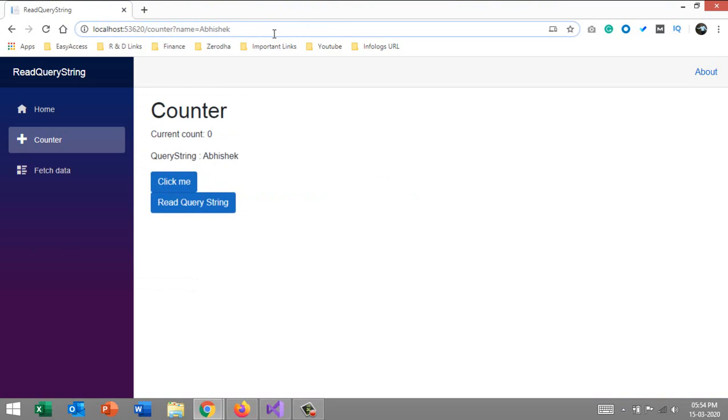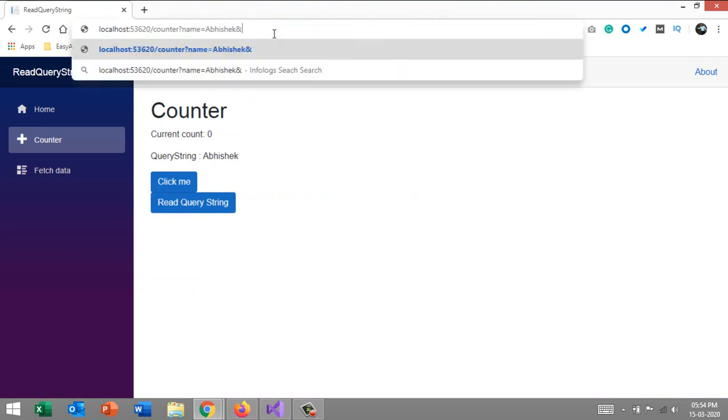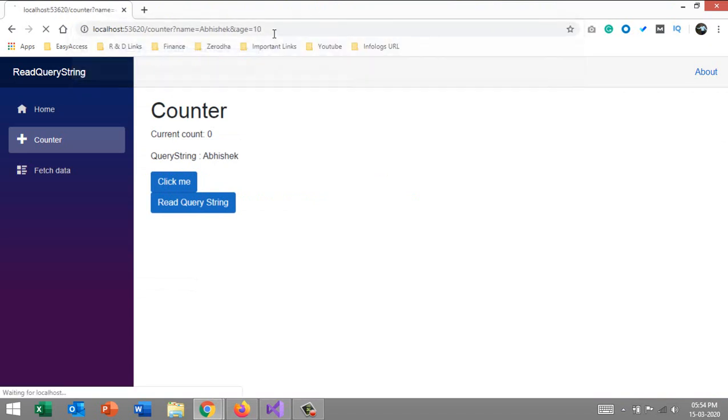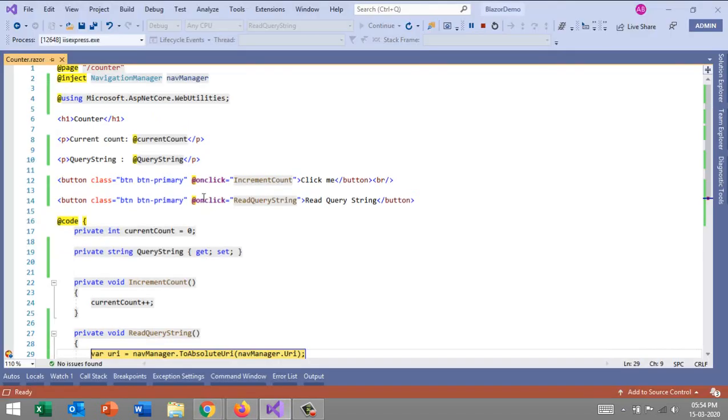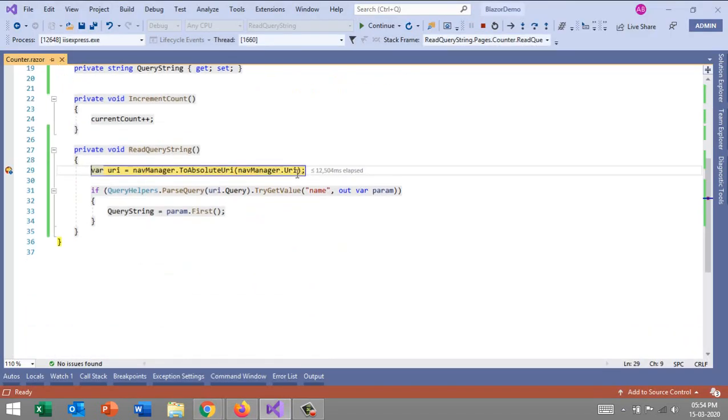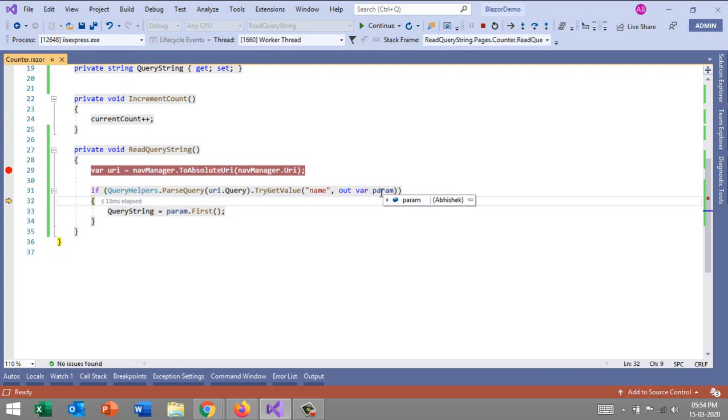Now let's try to pass one more piece of data, age equals 10, and now try to access the read query string. Again we'll get a full URL. Nice. Okay, and then we got a param. From that param we are just accessing a name. So again what we have to do is go for TryGetValue, so let me